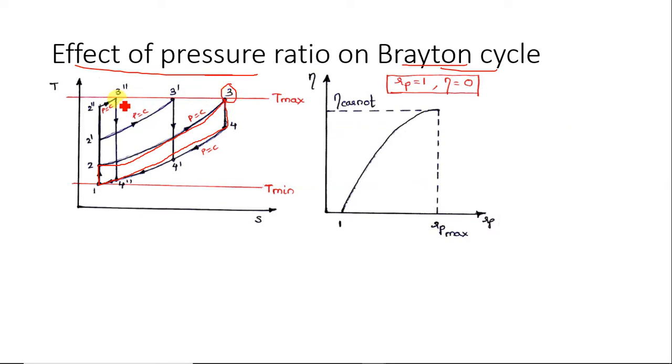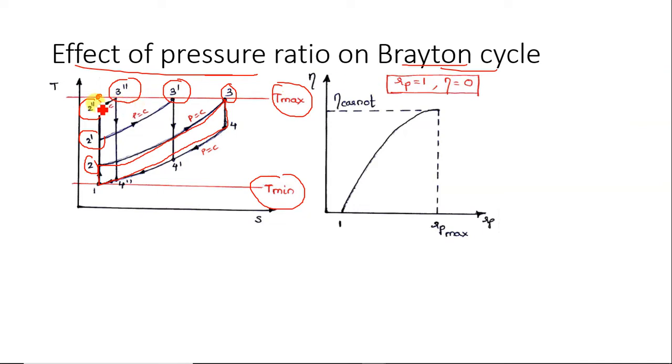Okay, remember this, we had discussed in previous lecture also. So we will get this point as 3 dash, or if we further bring it towards left hand side, we will get it as 3 double dash. So here what you can observe, we are maintaining the same T max and T min temperature. Here you can see, but what we are trying to do over here, we are trying to shift this point 2 in upward direction. Here you can see this has shifted to 2 dash and again this is shifted in upward direction. Finally what will happen, this point 2 will go on T max only, and the Brayton cycle will become equal to Carnot cycle.